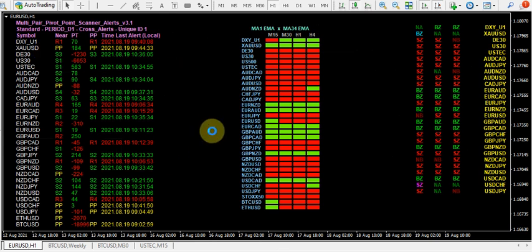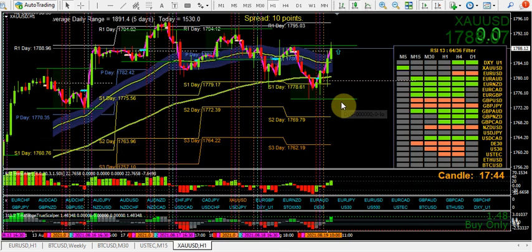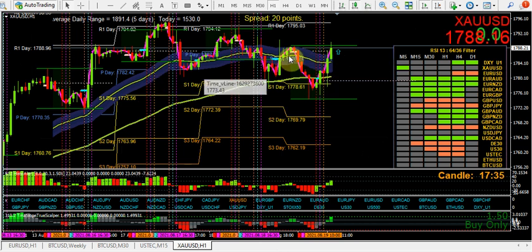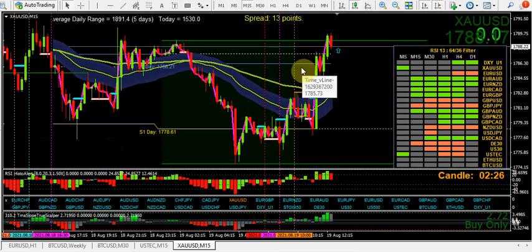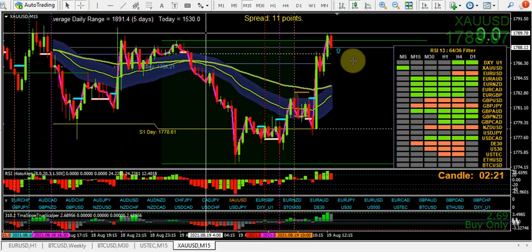It takes a little while to open because I've got so much going on on this computer. So we're looking at gold, pivot point, which will be a blue line on my chart, about 18 points away from it when it decides to open. Apologies, it was a bit quicker just now when I made take one of this. Here we are, gold. Where's the daily pivot? There's the daily pivot there, hiding behind all this mess. So let's have a look at the 15-minute and see whether we can see it clearer. There we are. So we're above the daily pivot there, as I said, and we are currently